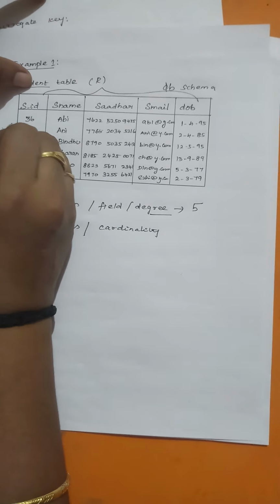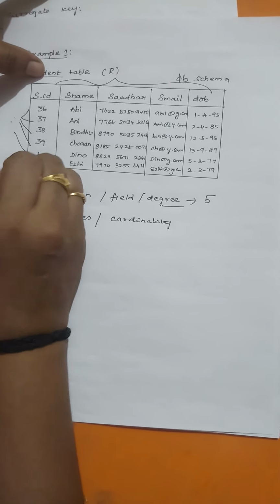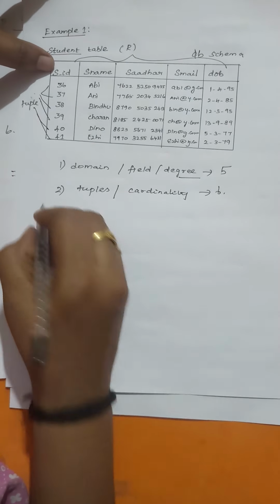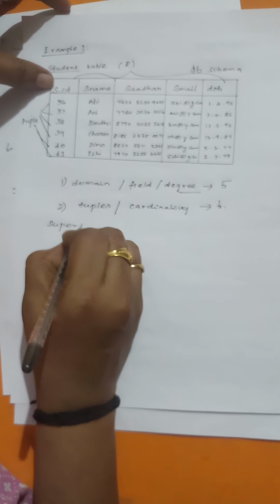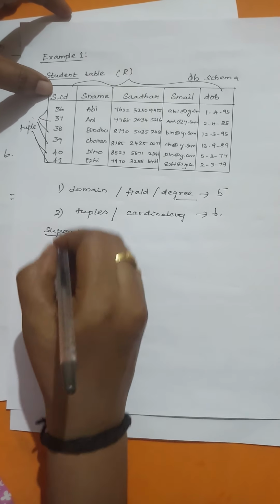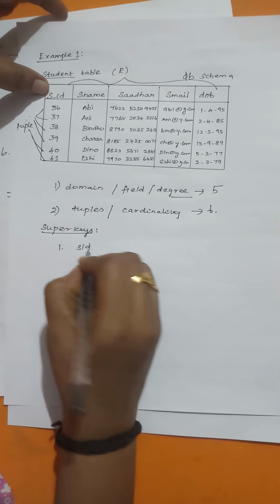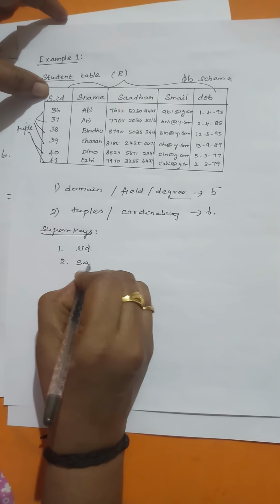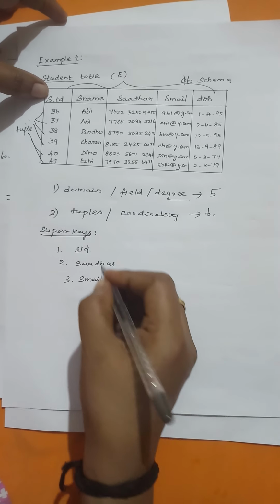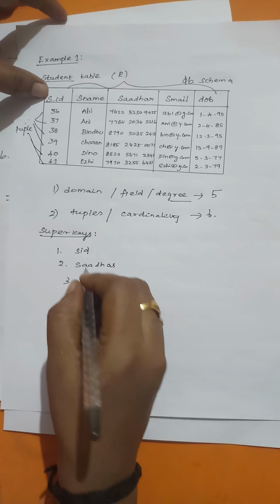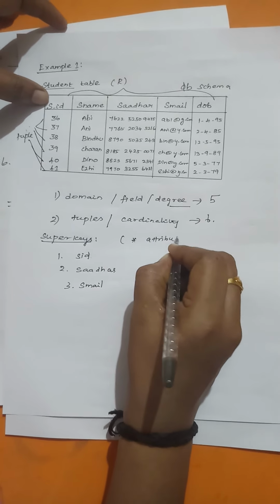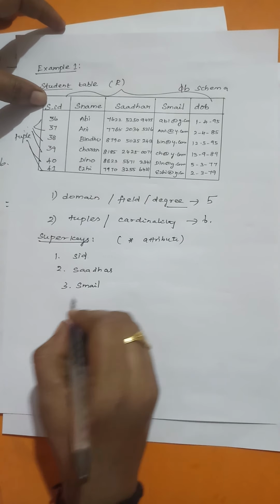So how many tuples are available in the table? 6. So this is called a tuple. So 6. And I want to find out these super keys. Super key is nothing but a combination of more than one key. So I want to choose student ID, S author and student mail. So 3 is a single attribute. Super key is nothing but a combination of more than one possible key, and those keys identify the remaining attributes.